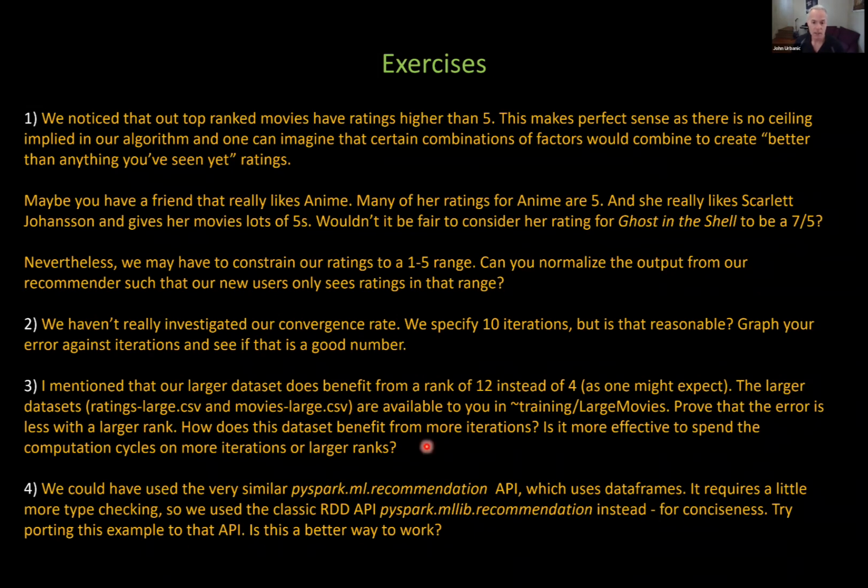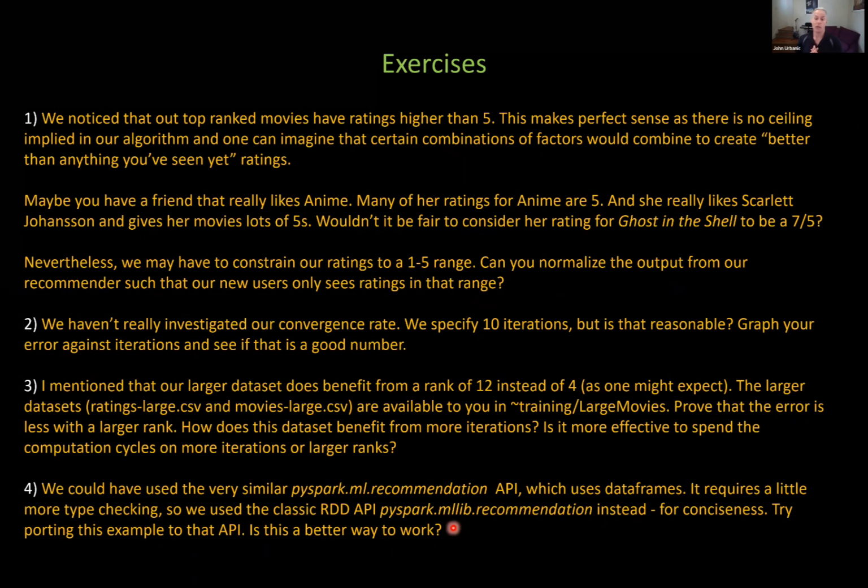And somebody asked about data frames. Well, this is a good chance for those of you that want to play around with data frames to give it a shot and redo this problem with data frames and see. First of all, you'll see there's a little bit more overhead in the code, in the sense of just extra lines of code, and that you've got to make all the data types line up just so. We can't play fast and loose like we can with RDDs.